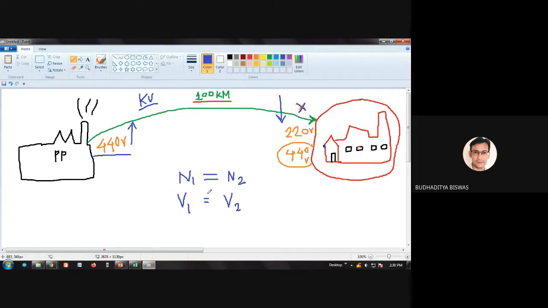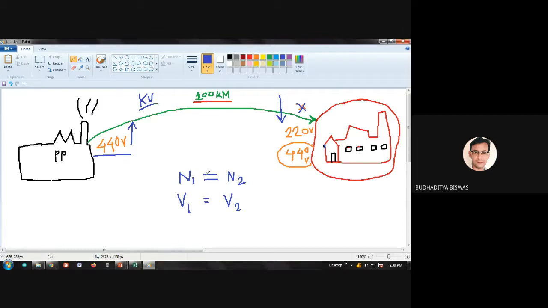But what is the name of the transformer then? It is neither step up nor step down. This transformer exists, and generally in everybody's home this type of transformer is inside their mobile charger. What is the name of this transformer? This one is called the isolation transformer, because it is not used just to step up or step down voltage, since the voltage is the same. So why do we use the transformer?